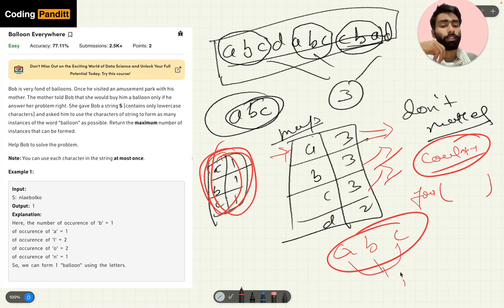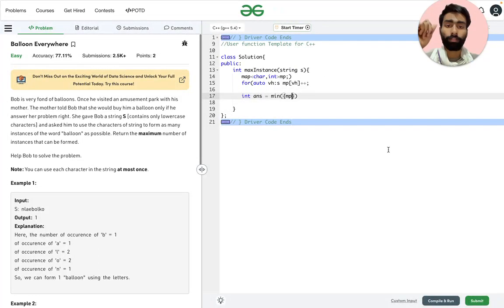Let us say in this case the minimum was 1, and if we found this minimum in the corresponding element, then one word is possible. If it was 2 and the element's frequency here was 2 or greater than that number, that many are possible.